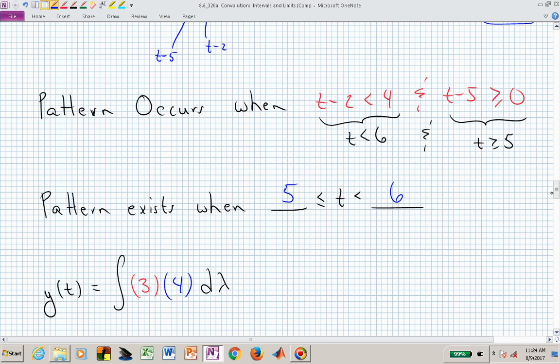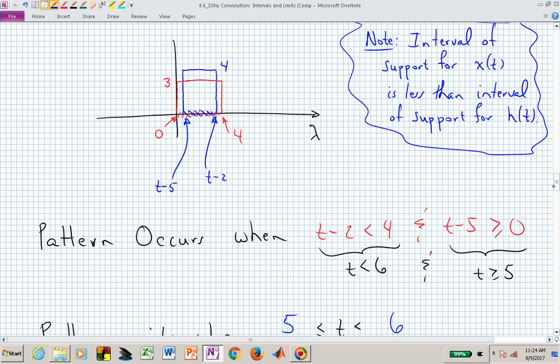What's the integral? Well, the integrand is the same. It's now 3 times 4. It's just the limits are going to be different. Now I'm looking at, when is the blue hash the same as the red hash? And that's going to establish my limits of integration. And hopefully you can see that this is the interval where the interval of support